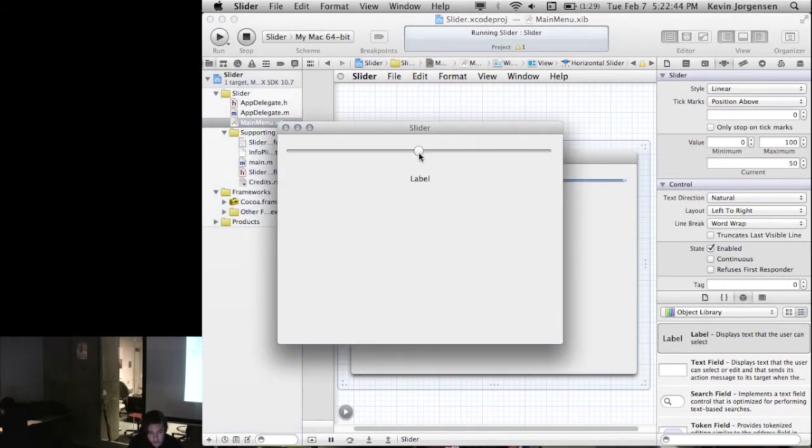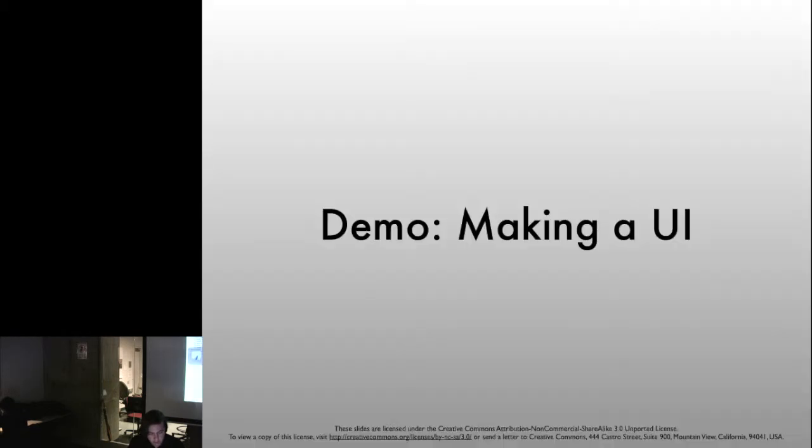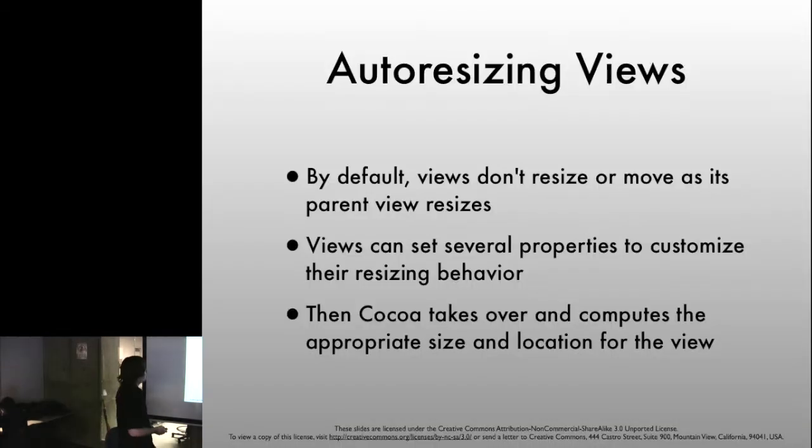Okay, so now we have a slider that we can slide back and forth, which is great, but we don't really know yet how to make anything happen when the slider slides, so let's learn how to do that. Okay, well, we'll get to that in a second. But before,